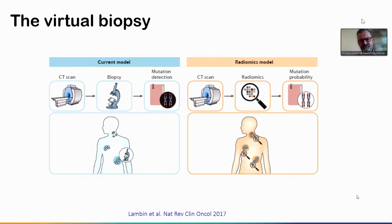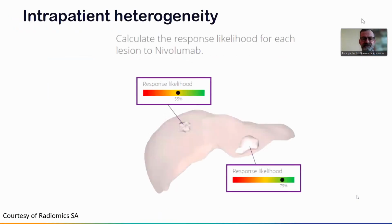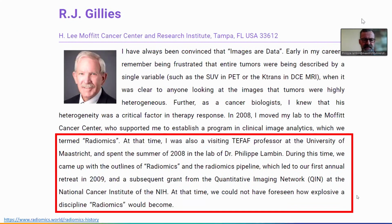So radiomics can lead to this concept of virtual biopsies. You have the real biopsy. We take one piece of tissue somewhere, but you cannot do that for all lesions. But what you can do with imaging is describe all the lesions quantitatively. I will pass that. And then Bob Gillies, in 2008, spent a sabbatical in Maastricht, and then we discussed